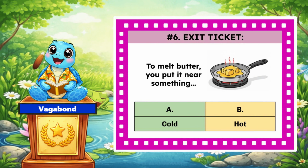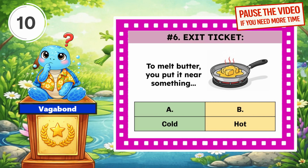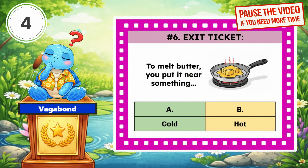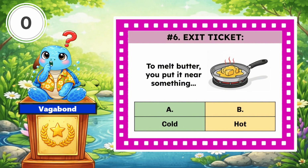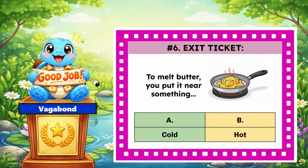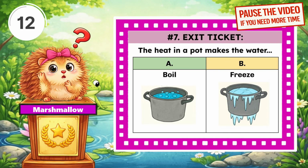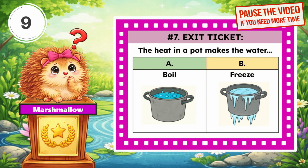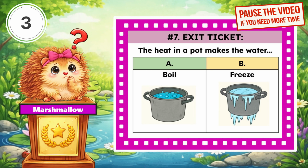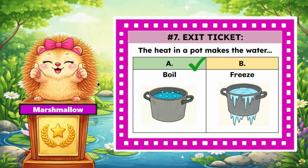To melt butter, you put it near something... And the correct answer is letter B, hot. The heat in a pot makes the water... And the correct answer is letter A, boil,